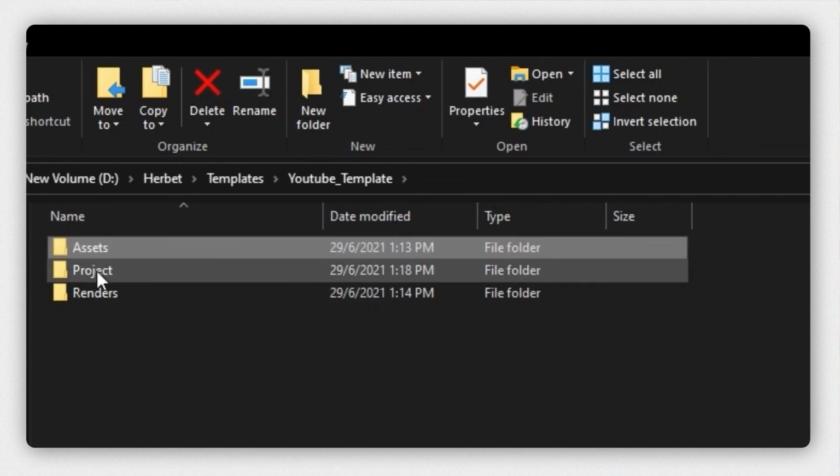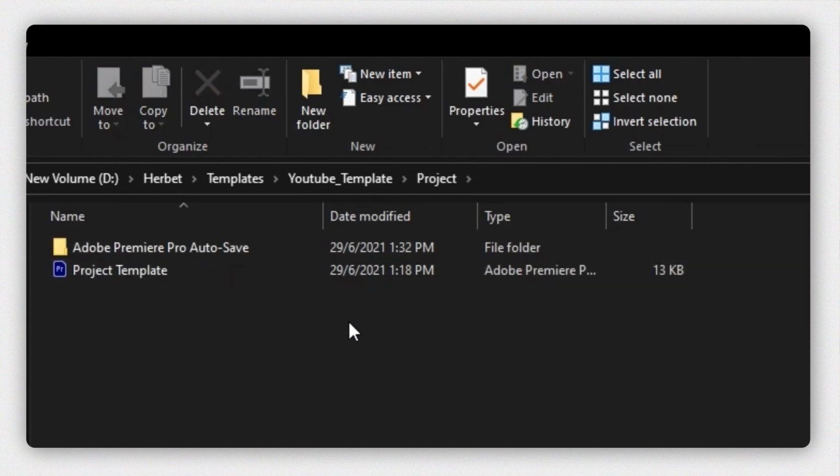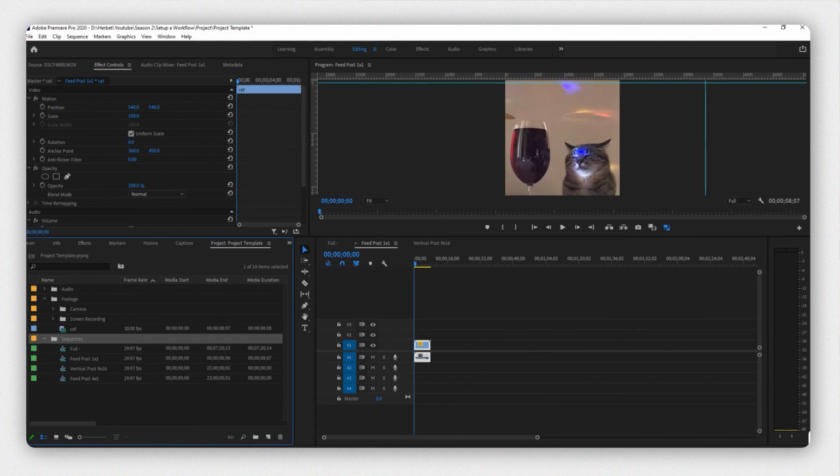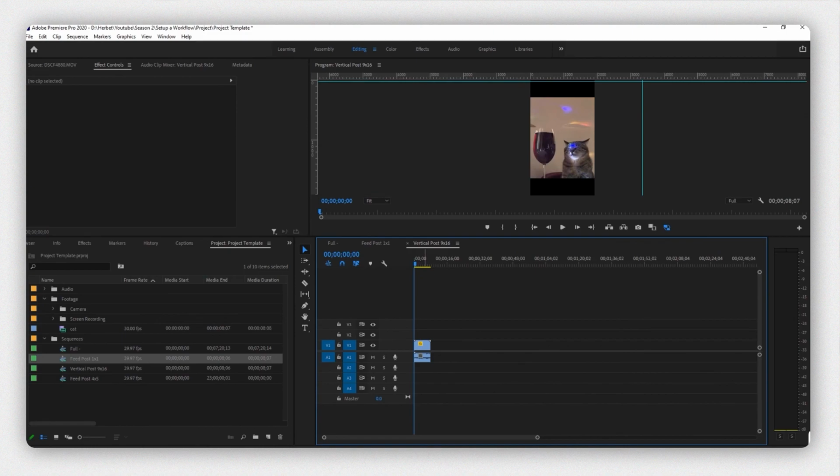Next would be the project file. For a YouTube video, like I said earlier, I mainly edit my videos in Premiere Pro, so let's click on it. I made this another project template specifically for inside Premiere Pro. In the project panel, you could see I have the same folders just like I have in my file manager, but with an addition of sequences. Maybe if you are going to render multiple dimensions, like for social media, you can create a few sequences according to the sizes that you need beforehand. You can just drag your videos into those sequences.